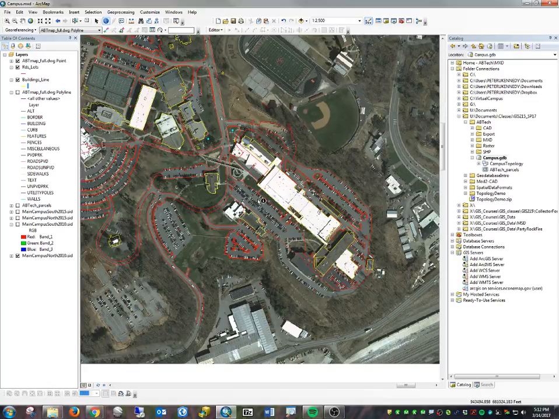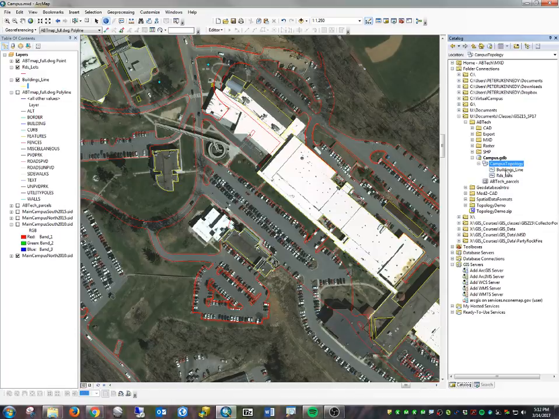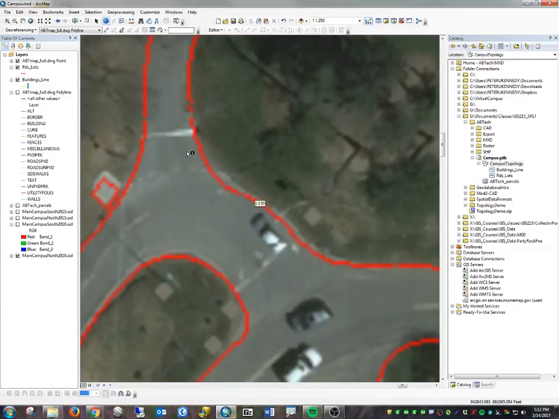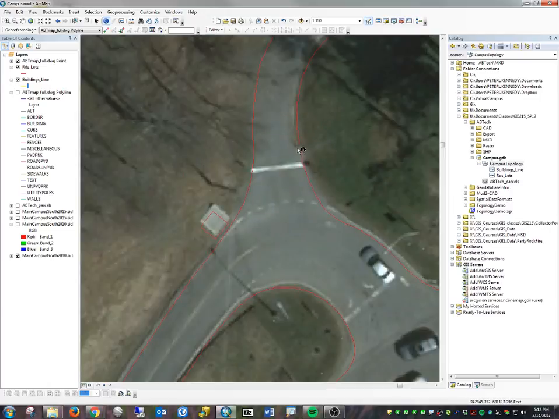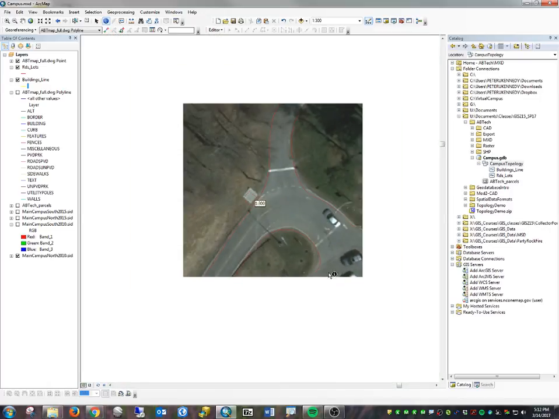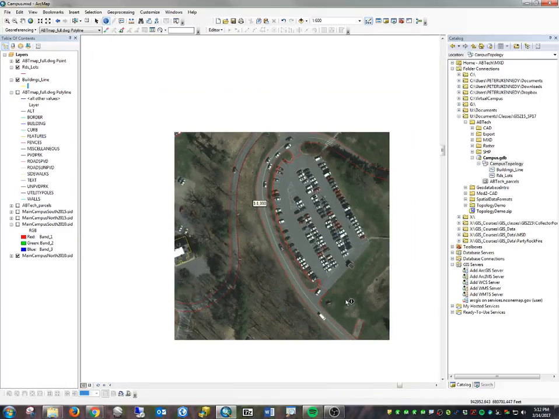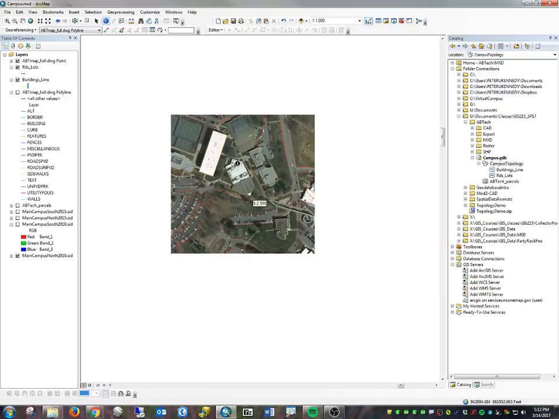So let's look at the topology rules here. Since our feature classes are in a feature data set, we can create a topology rule, and what we want to do is find all the gaps. And here's some little gaps that you may not even see with the human eye, but the topology rules will show us those gaps. We need to fix all these little gaps, and we also need to fix bigger gaps and holes as well as we go through the data. For instance,